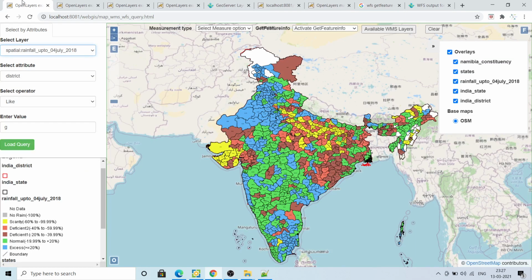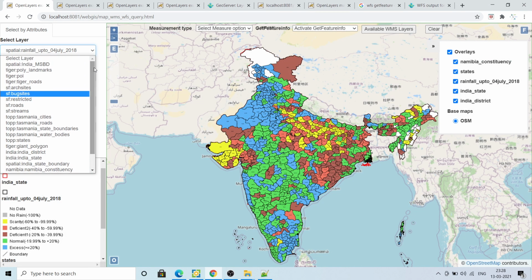It's very easy. What you do is put all your data inside the GeoServer. This HTML is everything on the client side, nothing from the server side. I'll upload this HTML file to Google Drive and give you the link in the description, so you can download it. Everything will come automatically. Whatever layers you have in GeoServer will come here, and this list will automatically update.